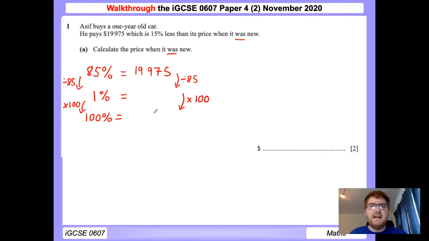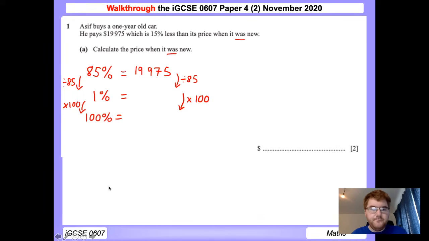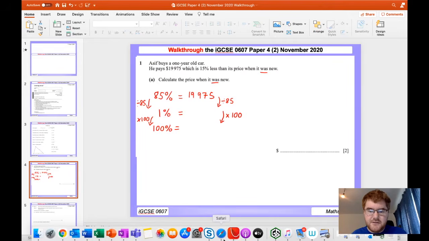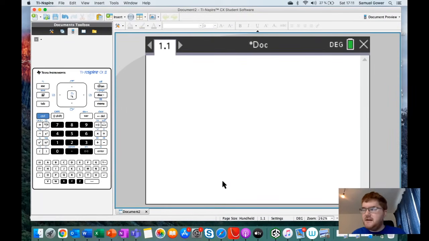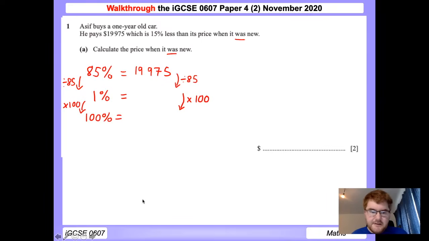So this is where I get out my GDC and then actually work out what this is going to be. So let me now open up my GDC. I've changed the format slightly here. I've made it bigger so you can really see what I'm doing. I've got the calculator on the left-hand side here so you can see what buttons I'm pressing. So you've got 19975. We're going to divide that by 85. This gives me 235. So I'm going to go back to my PowerPoint and I'm going to write that in,